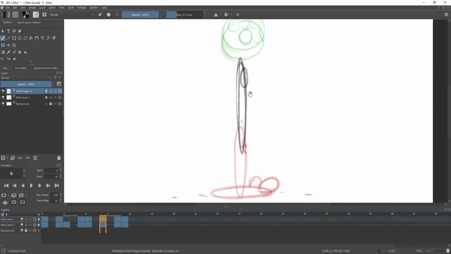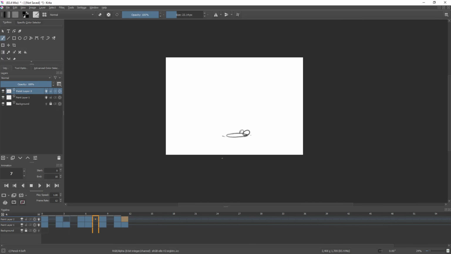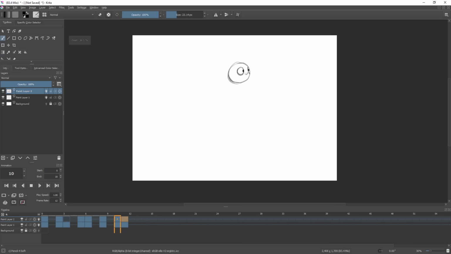So we don't see it there. Here it's starting to come back. We see it a bit there, and here it's there. And you can see how over there I can quickly